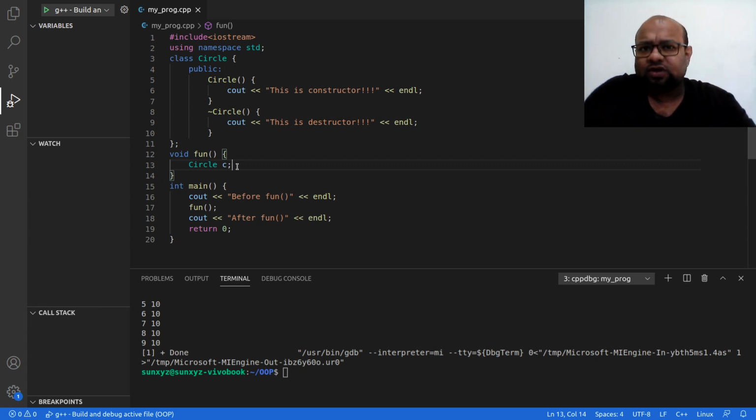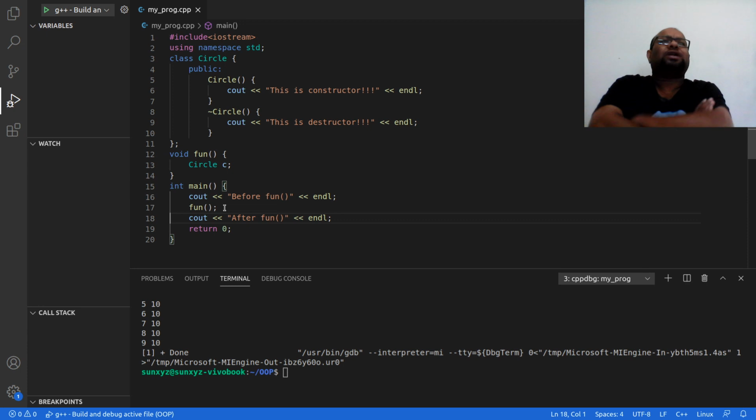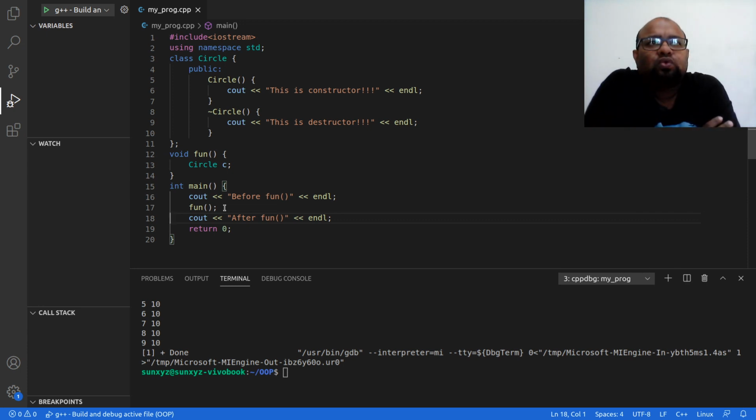Whatever was allocated in stack will be deallocated, and then I come back to the main function. In line number 17, I had called the fun function. I return from it. Now I am in line number 18, where I am going to print after fun. And I print before fun at the very beginning.